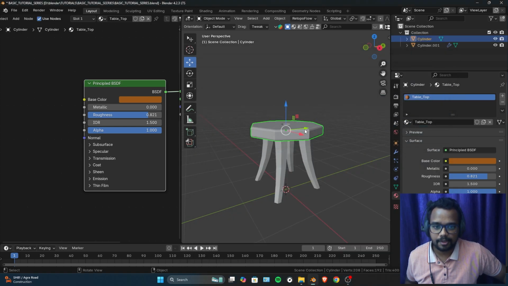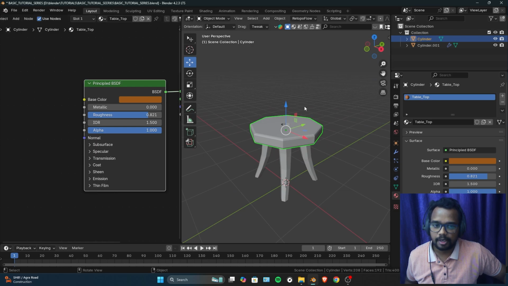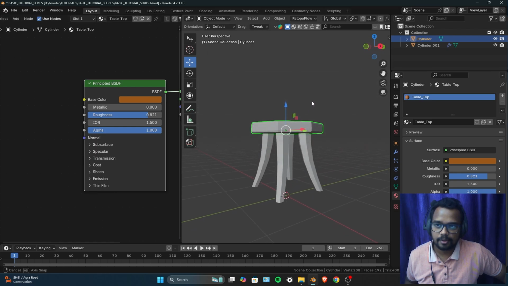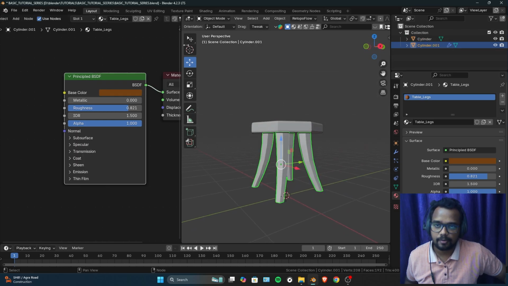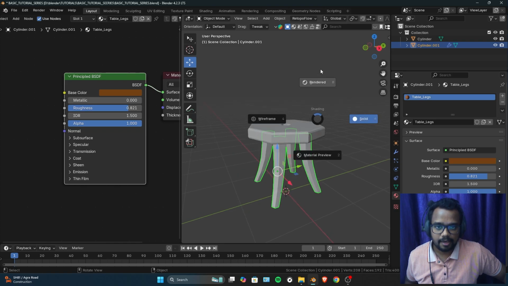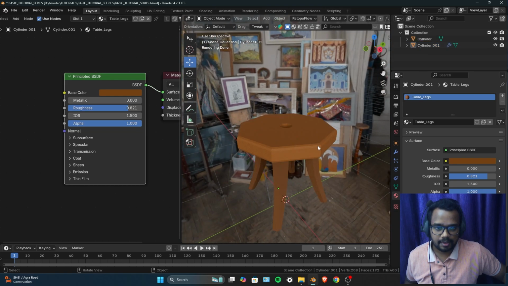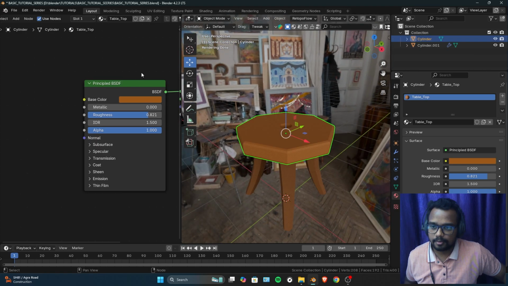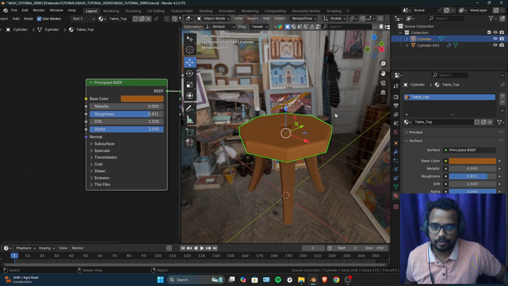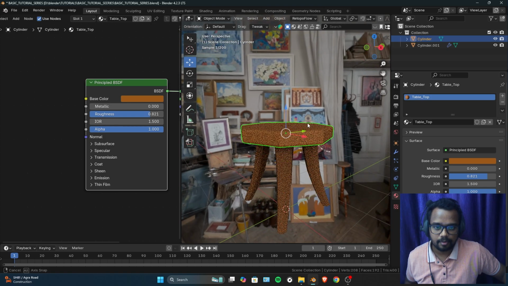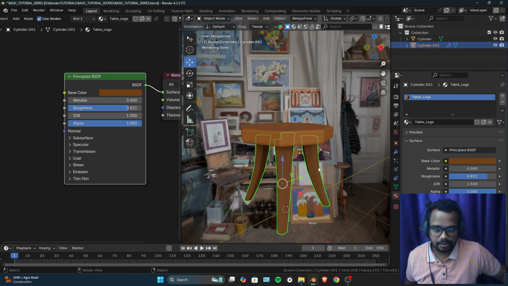So in previous videos, we already made two materials. The first material was the tabletop and the second material was the table leg. The reason why we did that was because I wanted some darker shade for this one and some lighter shade for this one. So that's exactly what we are going to do today as well. So I think I'm going to apply the plywood texture to the top one